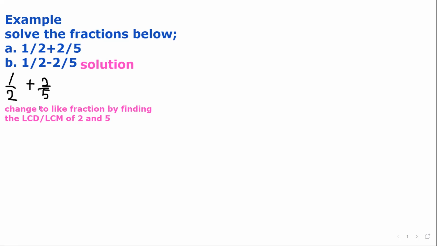Within the common multiples, you select the minimum or the least or the lowest number, and that one will be the LCM or the LCD. After getting the LCM, that one will be the new denominator for the new fraction that you are going to write. So let's quickly use the multiples method,